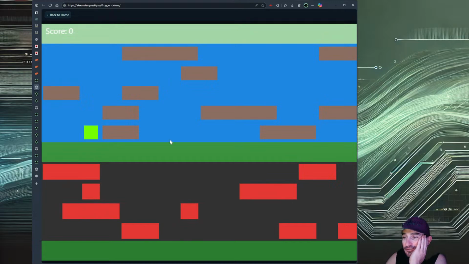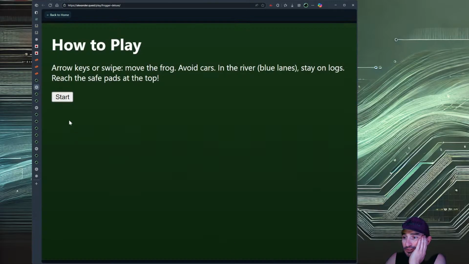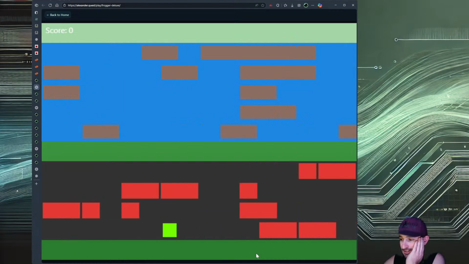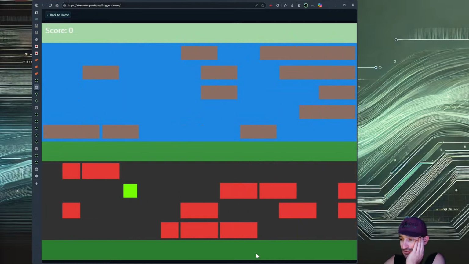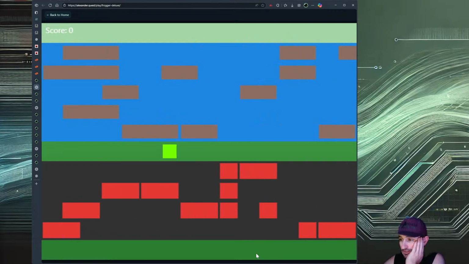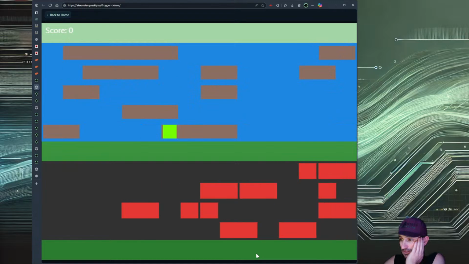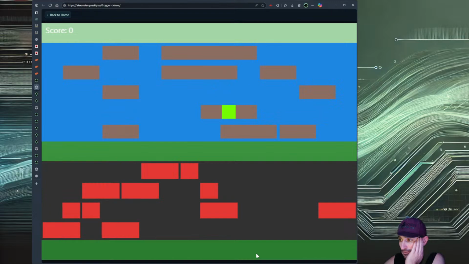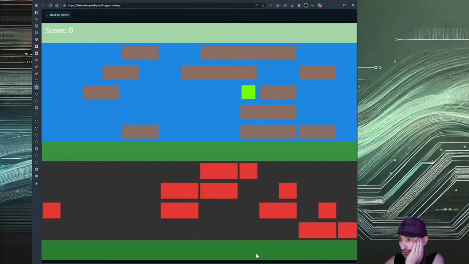So far, we got the Frogger working, though, which is pretty rad. Gotta dodge the cars, which are just red blocks. It's very, very basic. Dang, that's sketchy. See? It's working. Oh. Whoop. It'd be nice if you could... It doesn't even say.